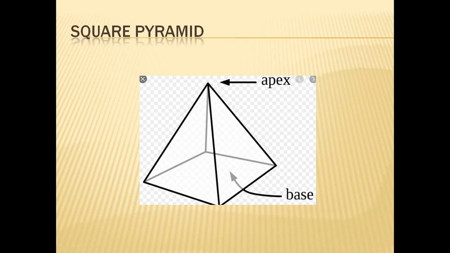Okay. When you are looking from the top, you can see the whole square. Along with this square, these surfaces are visible because you are looking from here. So while drawing the top view, first you need to draw a square depending upon the given condition, whether it is resting on a corner or base. If it is resting on the base, it should be towards the extreme left. If it is resting on a corner, this corner should be towards the extreme left. After that, you have to represent these triangular faces inside that square only.